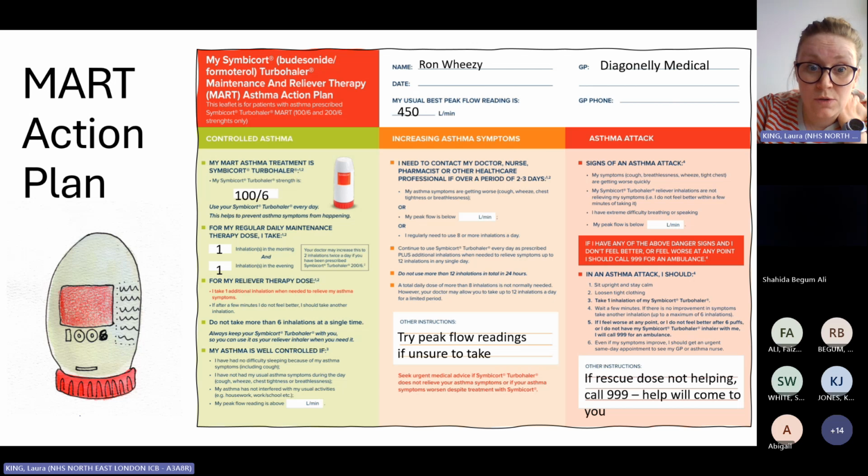You can use those. And we had, as I said, a really lively discussion yesterday around it. One of our consultants shared her view, which is that if it's an emergency and you're really concerned they're at risk of a severe or fatal attack, keep using them if you need to, but we must make sure they seek help. Call 999. Do not put the young person in the car. Help will come to you. We've had too many children in fairly recent history who have exacerbated at home. Parents have put them in the car, and they've had an attack on the pavement and become very unwell.